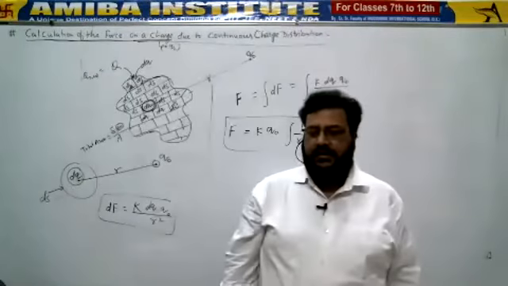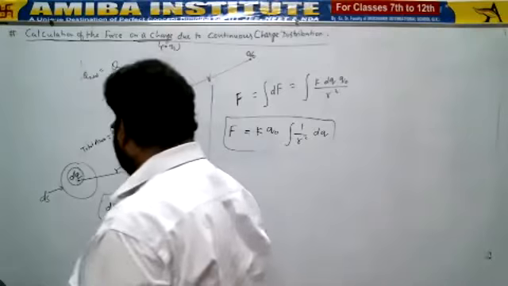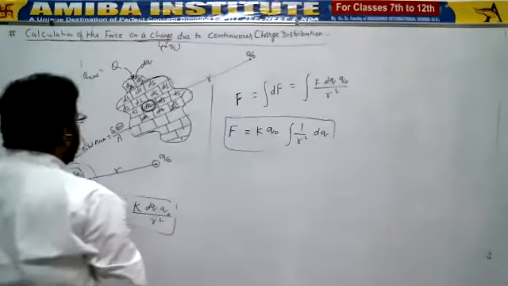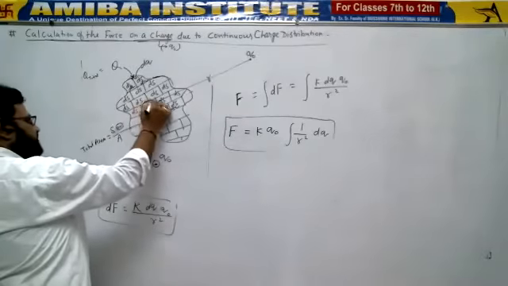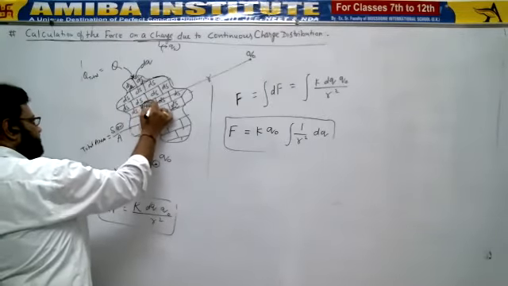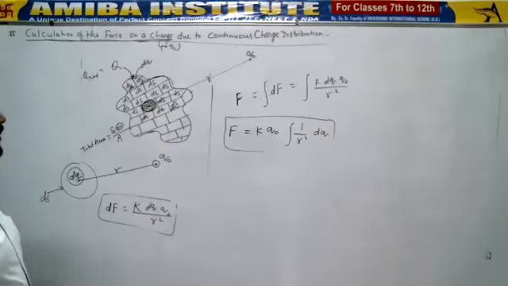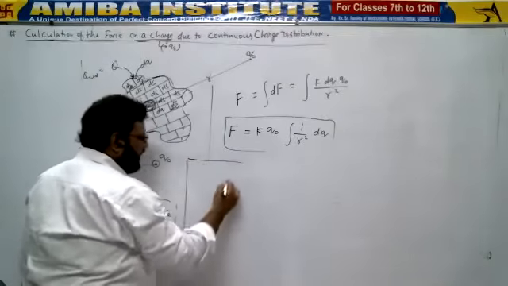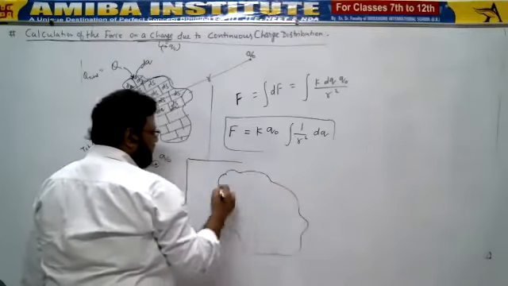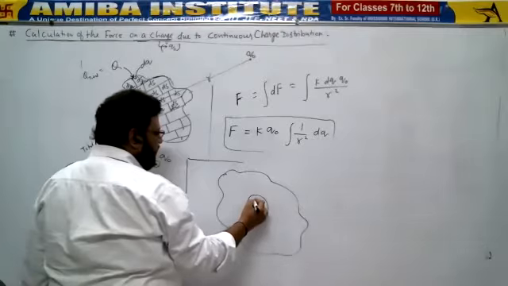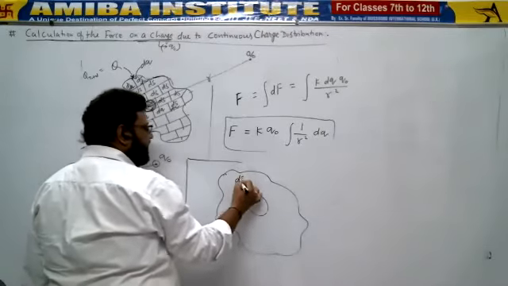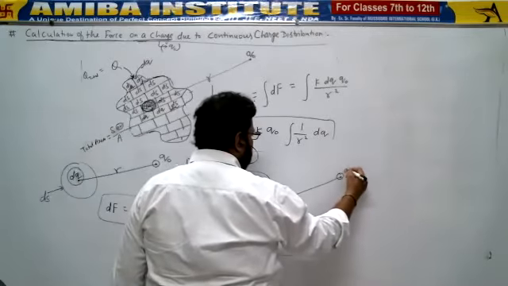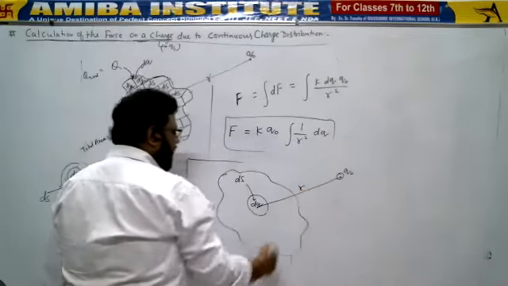So let's start now. In the previous class, we have already discussed what the total force is. Now, while considering this charge distribution and the total force on Q naught, I am just giving the recap again. If this is the total surface, then one portion I took as ds containing dq charge, and its distance from q naught is small r.